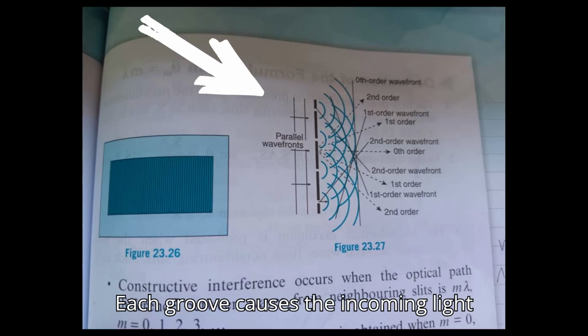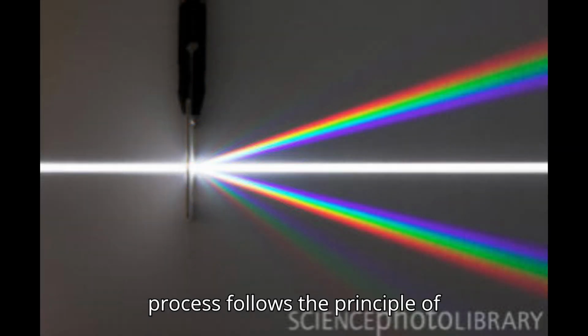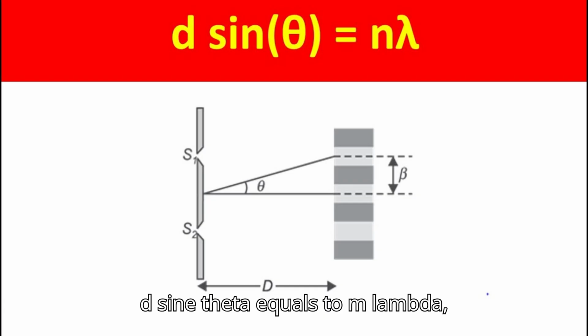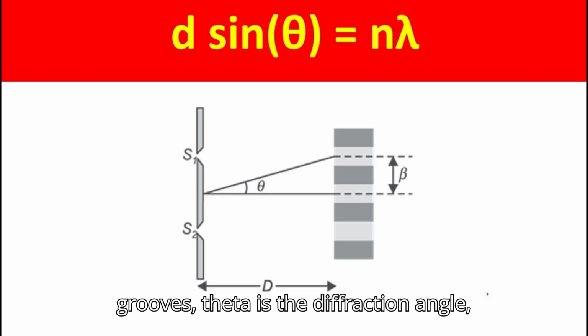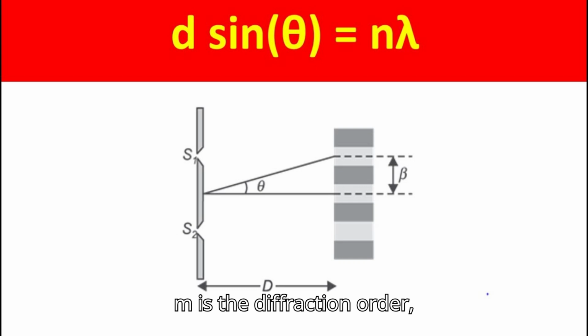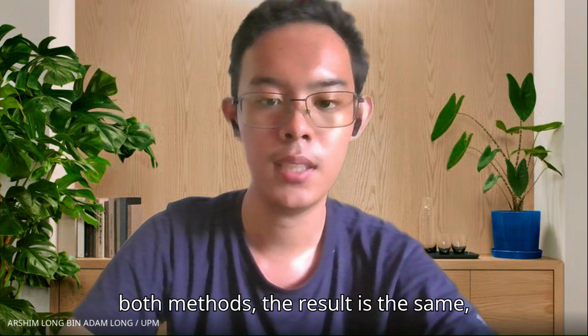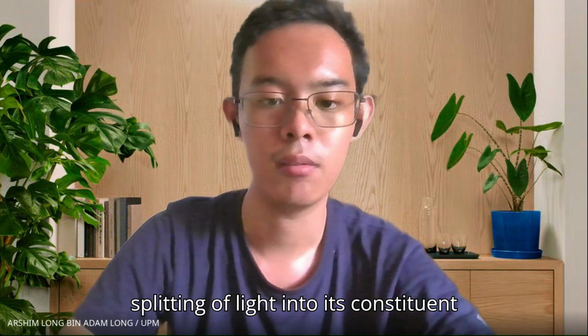Each groove causes the incoming light waves to diffract and overlap, reinforcing or cancelling each other depending on their wavelengths. This process follows the principle of geometrical optics, and the condition for constructive interference is given by the equation d sin theta equals m lambda, where d is the spacing between grooves, theta is the diffraction angle, m is the diffraction order, and lambda is the wavelength. In both methods, the result is the same: spatial separation of wavelengths, or the splitting of light into its constituent